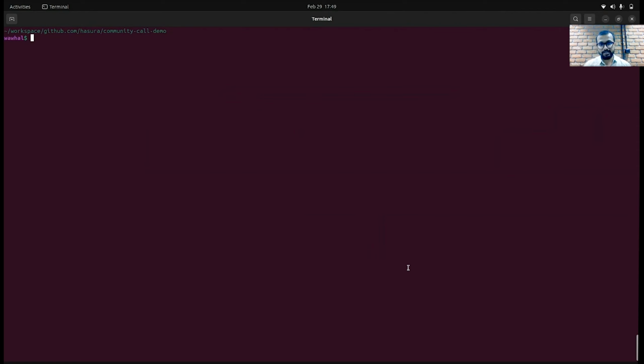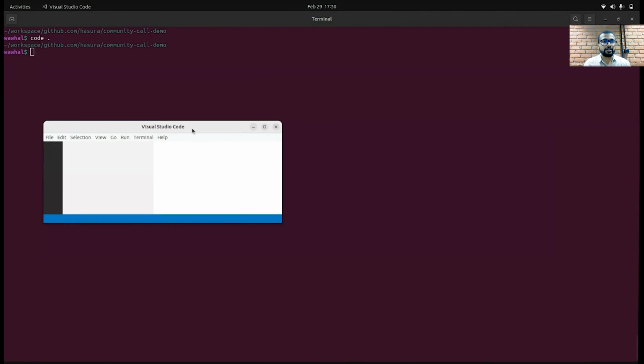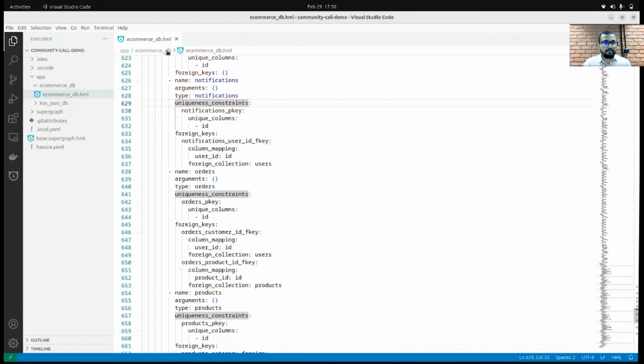It also comes with its LSP, language server, which is backed by Microsoft's language server protocol, right? And that's what my demo is going to be about today. So let's open this DDN project in VSCode. If you see, there